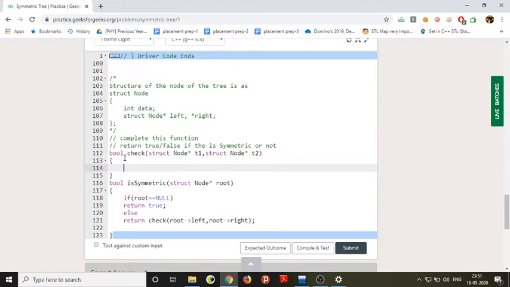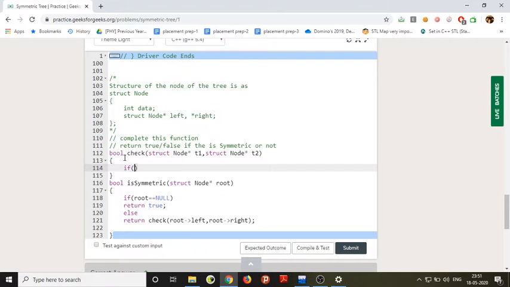The first thing we need to check is whether both are null. That means the root is present and its left subtree is null and its right subtree is null. If both are null and the root is present, then it is symmetric.